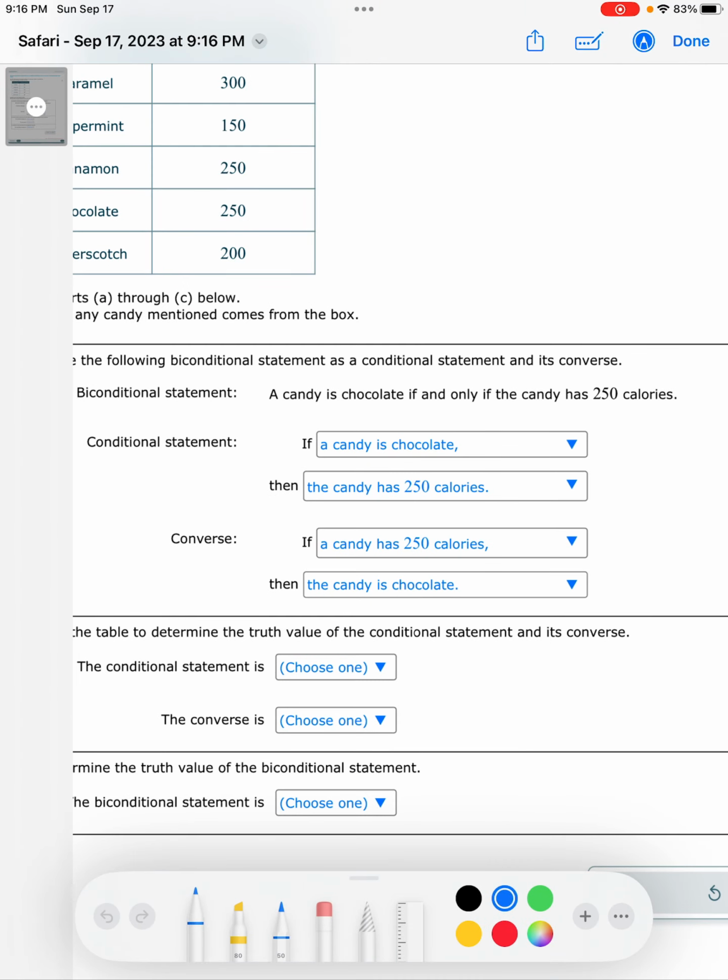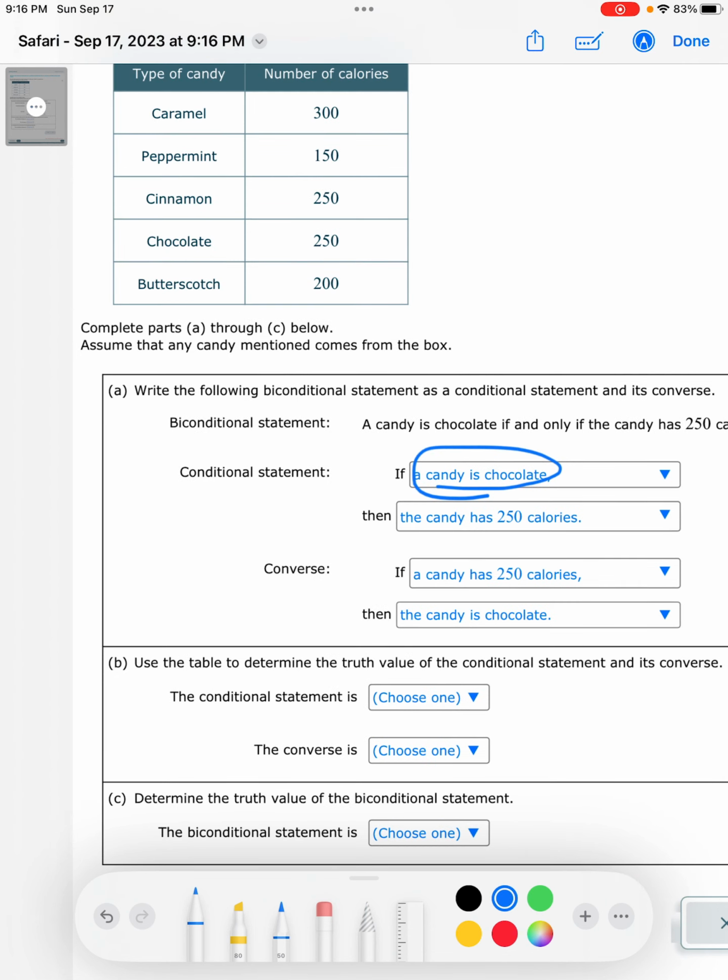Conditional statement says, if a candy is chocolate. So I go and I find my type of candy is chocolate. And what do I want to happen in this scenario? I want the candy to have 250 calories. So I go over and I look. Cool. That checks out. So our conditional statement is true. Nothing breaks the conditional statement. Awesome. Well, now let's try